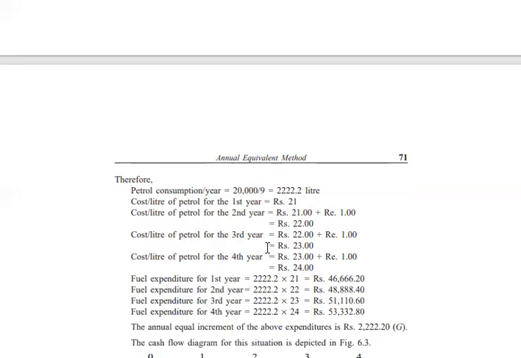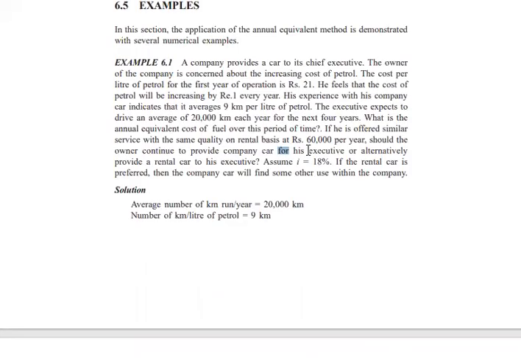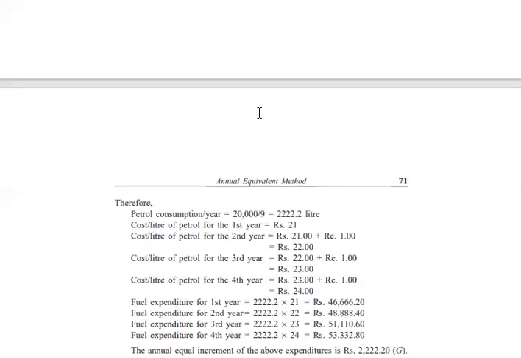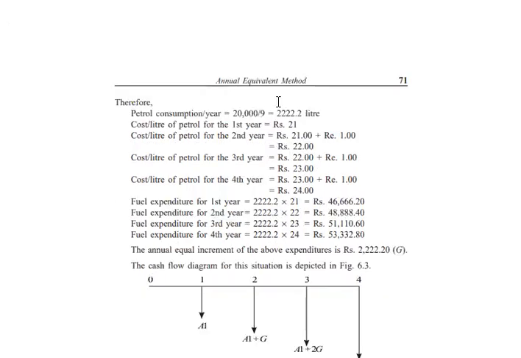So for fuel expenditure, we have assumed almost 20,000 kilometers at 9 kilometers per liter of petrol, right? So here you can calculate it by multiplying petrol consumption per year by the cost of petrol per liter. The increment for the above expenditure will be